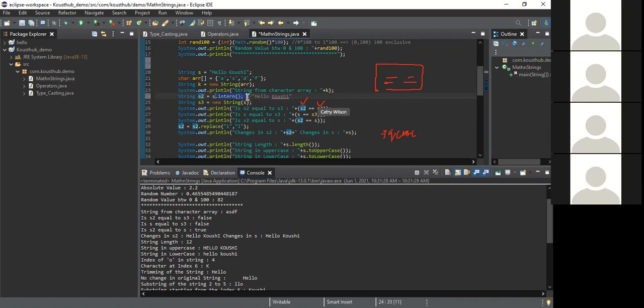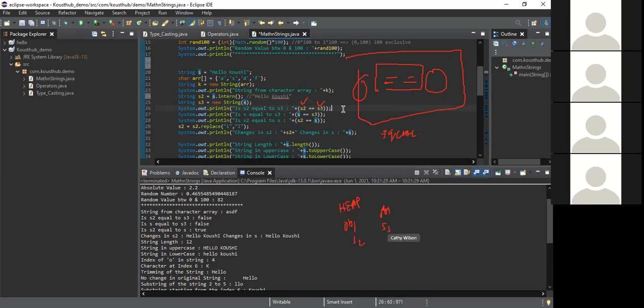S2 is this dot intern method of this string. So it has the same value, and this S3 also has the same value, but it's a different object. So now you need to understand that you're trying to compare different objects or different values. Now, what will happen here, you need to understand, in memory, this object will be created. Where will the object be created? In the heap memory. Now this is obj1 and this is obj2, which in your case is S2 and S3.